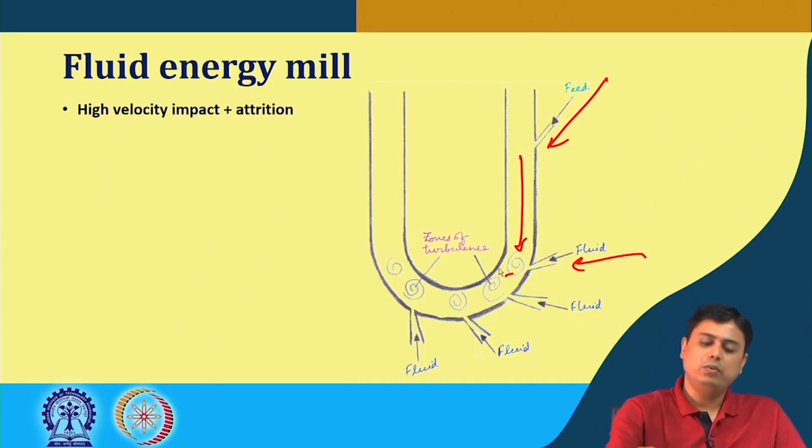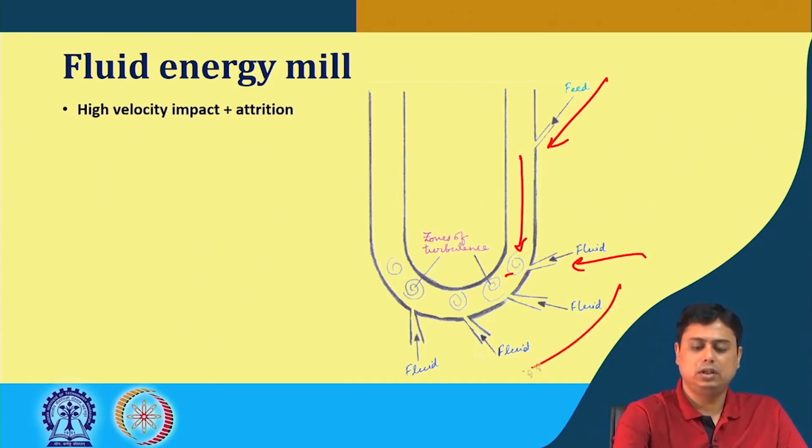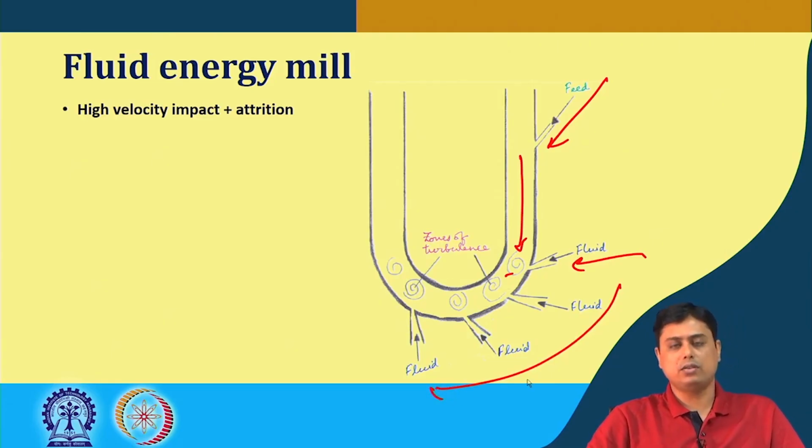So, which means with the creation of this turbulence zone by inletting this high velocity fluid at different locations, the feed feels high velocity impact plus the attrition in between particles,